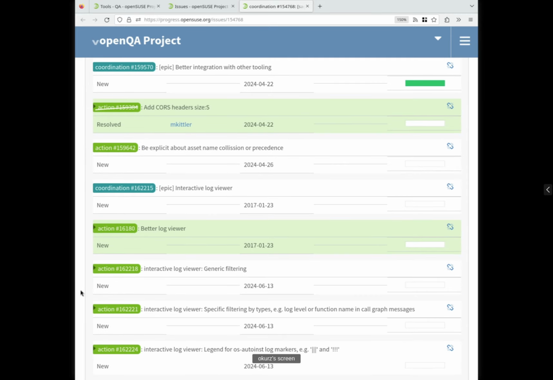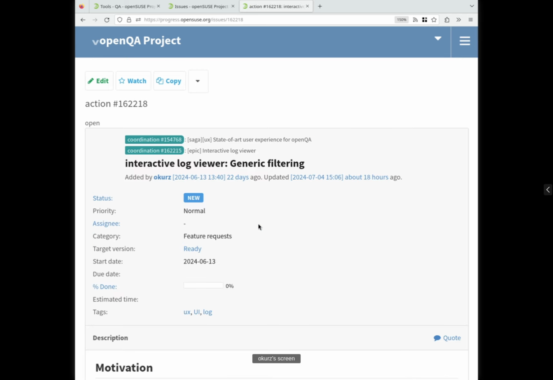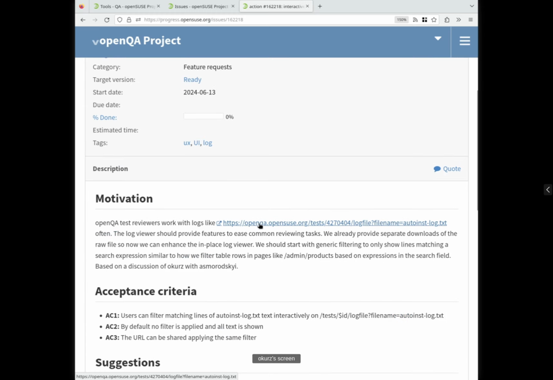One thing which we would like to do is again some older tickets, for example, a better log viewer. And one ticket in particular we already have on the current backlog, which is a generic filtering for the interactive log viewer. So we have the openQA logs and results feature.